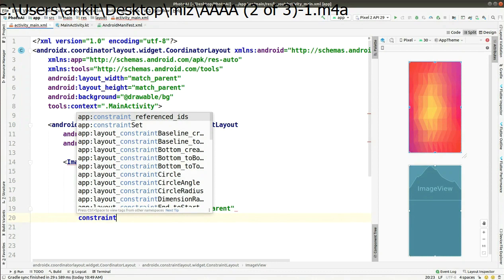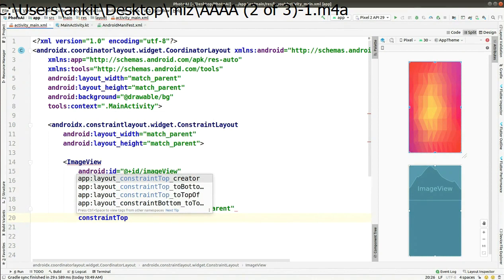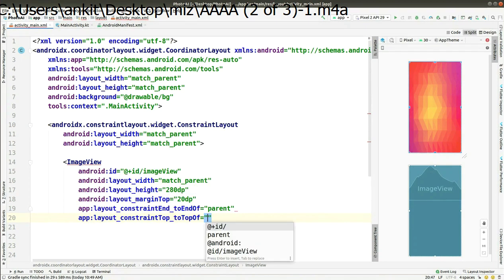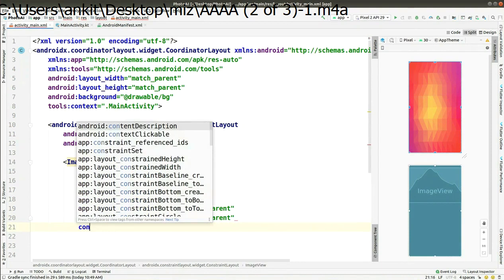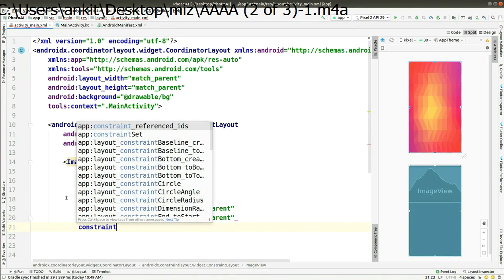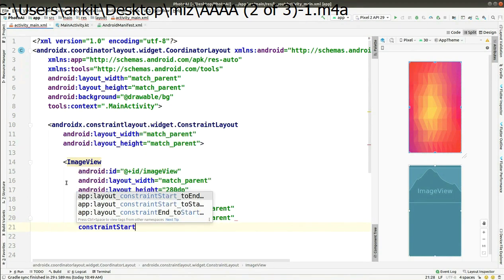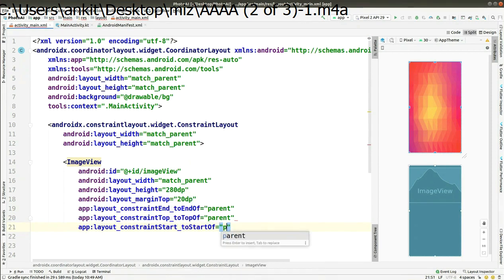After that, for the same but for the different dimension, that is constraint top to top of, is also given as parent. So here two things are added. After this, you have to add again constraint start to start of, and here you have to also give the parent.